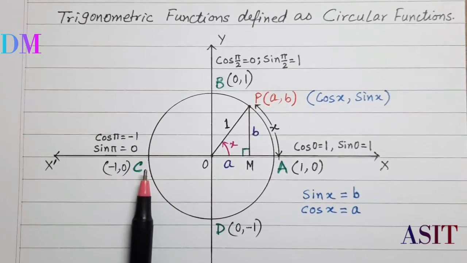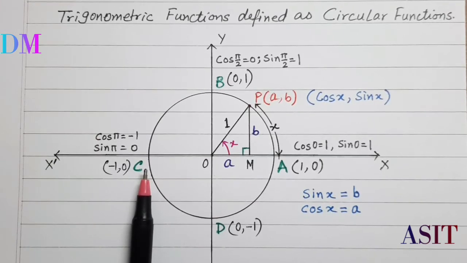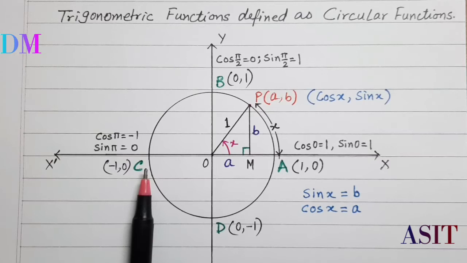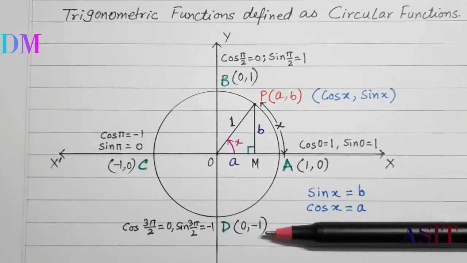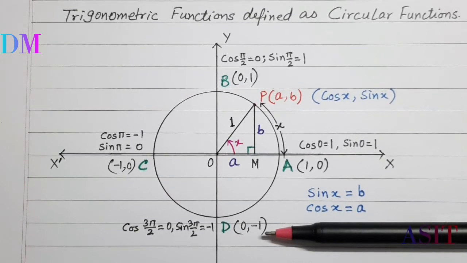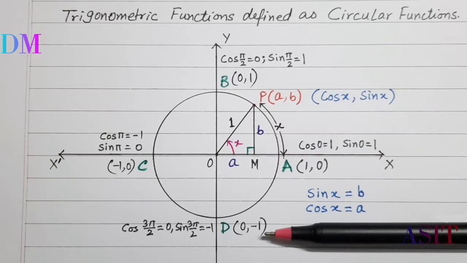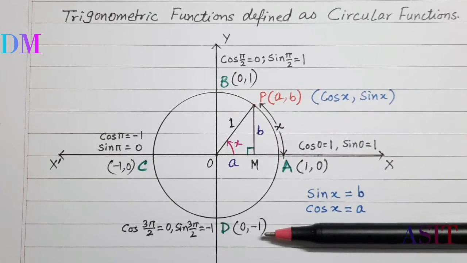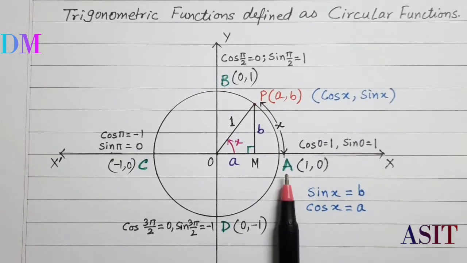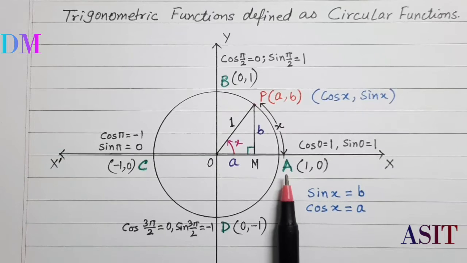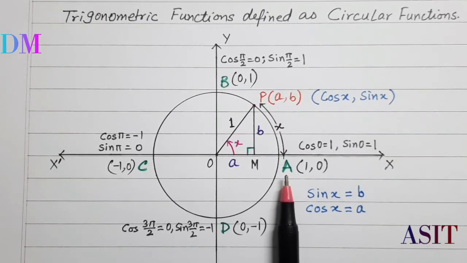Now at C, x will become 180 degree, that is pi radian. So therefore we can write cos pi equals -1 and sin pi equals 0. And at the point D, x will become 270 degree, that is 3 pi by 2. So therefore we can say cos 3 pi by 2 equals 0 and sin 3 pi by 2 equals -1. Now again we further rotate by 90 degree, we will come to the point A again,